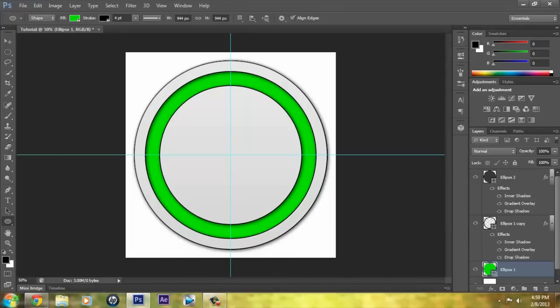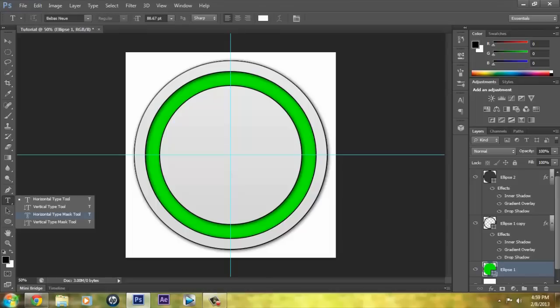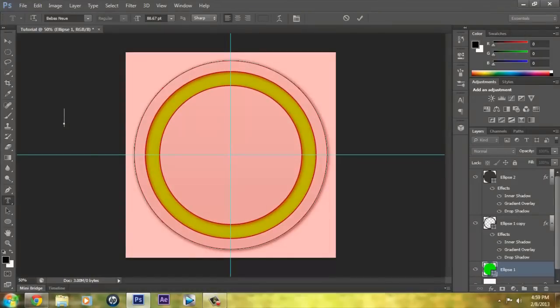And now we're going to move on to the text. So what you want to do is right click the text tool and click horizontal type mask tool. You're going to click this, click outside of the shape, and type whatever you want. For this, I'm going to type GFX, and I know you can't see it, I have to change the color, GFX